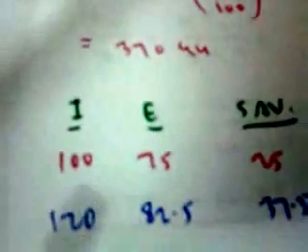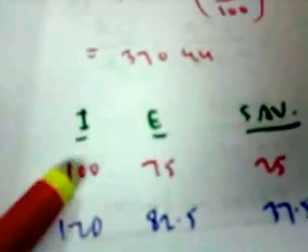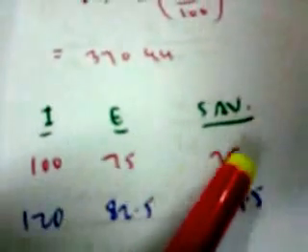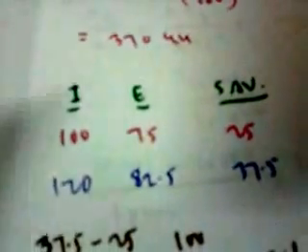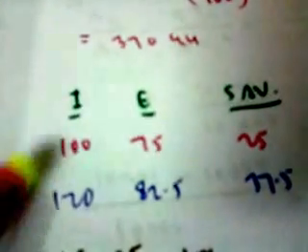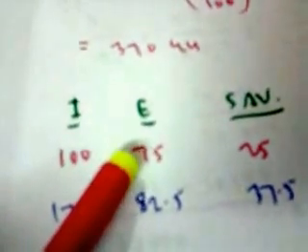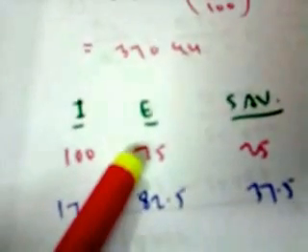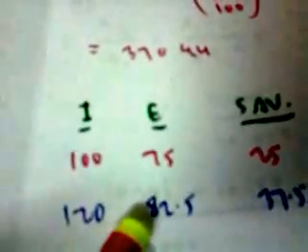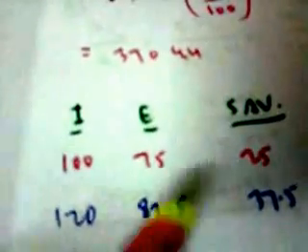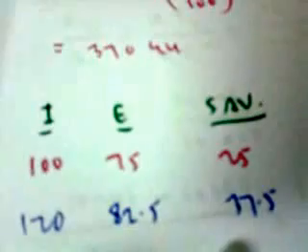So, let us assume the initial income was 100. Initial expenditure is 75% of 100, that's 75. Initial saving is 100 minus 75, 25 rupees. The income goes up by 20%, so 100 becomes 120. Expenditure goes up by 10%, so 10% of 75 is 7.5, so the expenditure becomes 75 plus 7.5, that is 82.5. So the saving is 120 minus 82.5, 37.5.